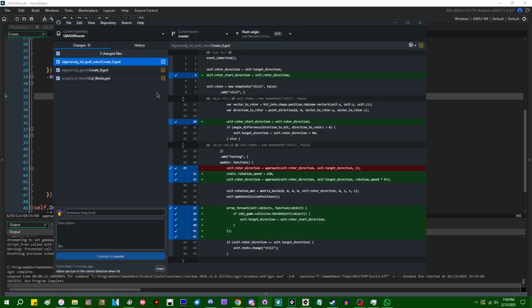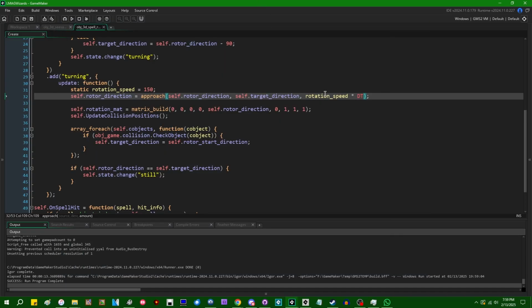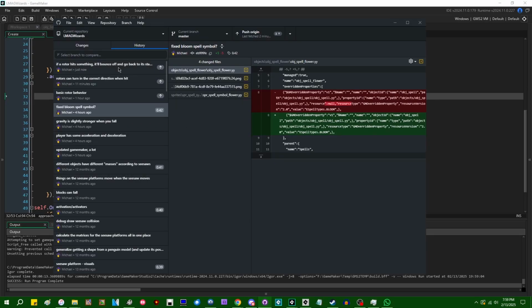What did this change? So, a couple of things. I guess that's the main one, because the only other thing I did in there was unhard coding the rotation speed. So, that'll be it for